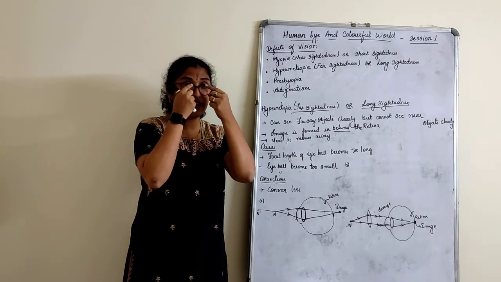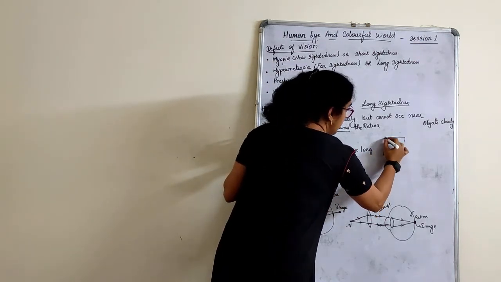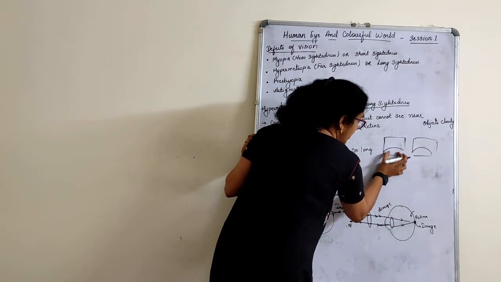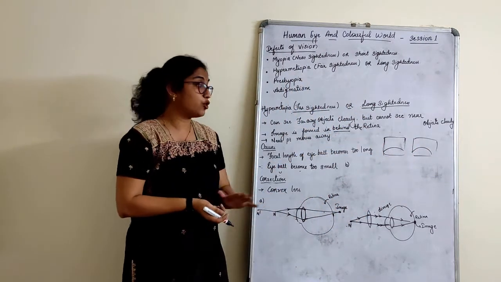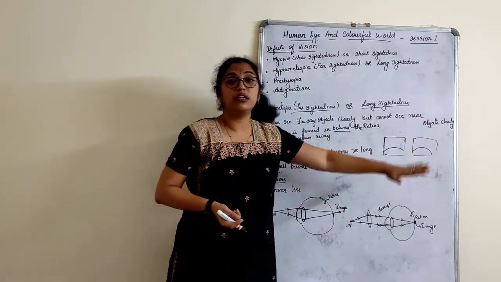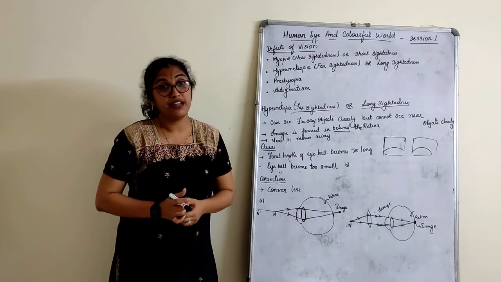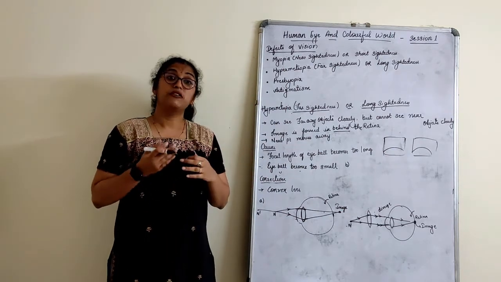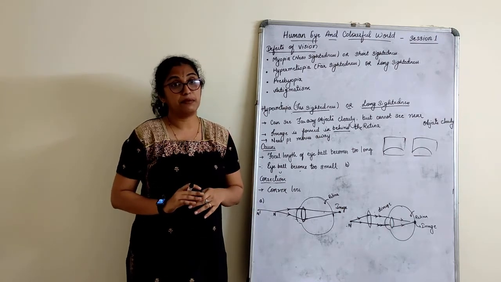There will be one lens with one curvature here. If this is your lens, let me just draw it. It will have two different parts. This is one pair of lens which is used, bifocal, that is what we call it. The focal length of this part is different and the focal length of this part is different. This is for near and this is for far. That is how it is used if a person is suffering from both myopia and hypermetropia.